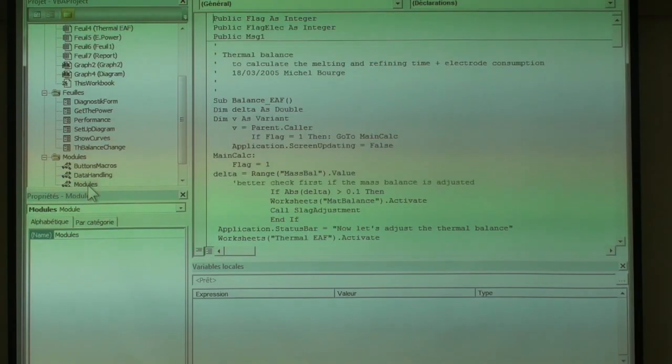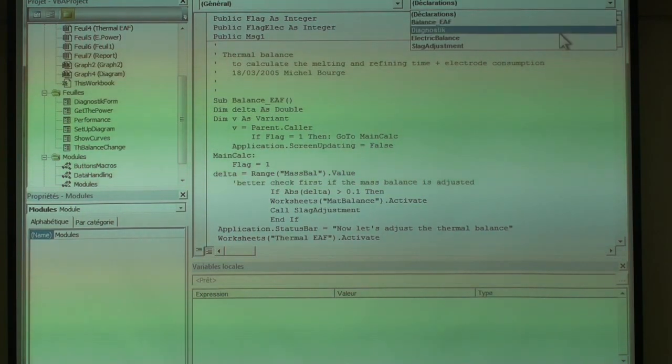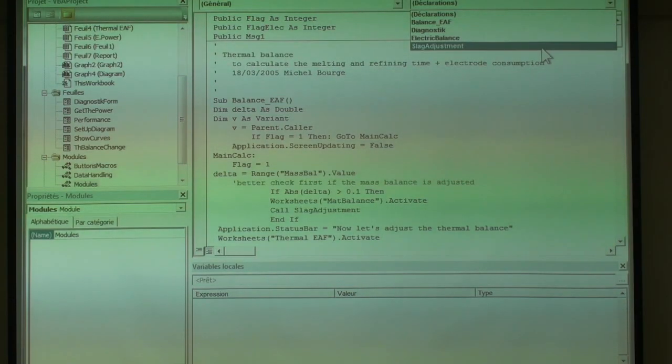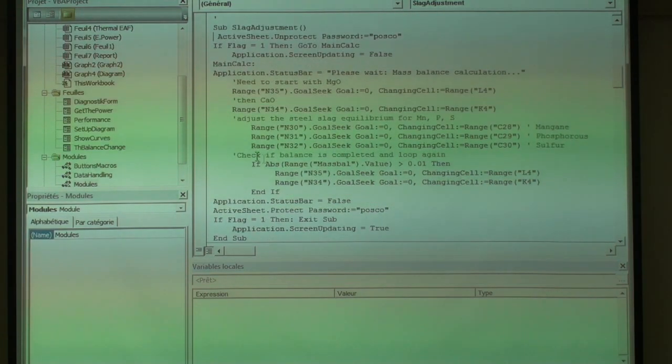And all the macros are written here. You see the thermal balance. This is a small diagnostic macro to help the user. I will explain later. The electric and the slag adjustment, what we see here. In the slag adjustment, we have seen this already yesterday. Here, this is the goal-seek function, where we adjust the